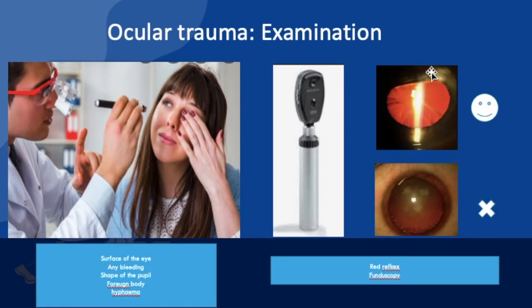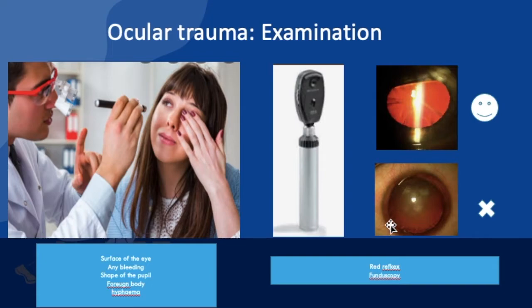What we are trying to see is the presence of a good red reflex. Red reflex is actually a light which is being reflected by the retina, an intact retina. So it should be very bright, orange color. But if, let's say, you compare with the affected eye, you can see the red reflex is much